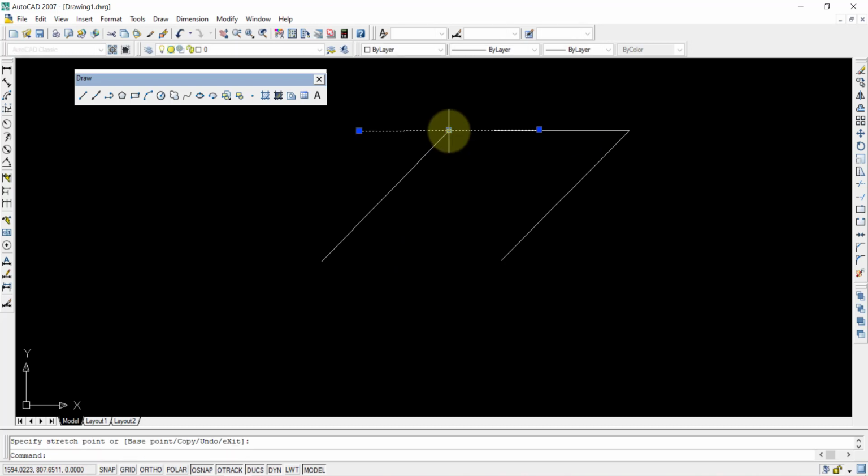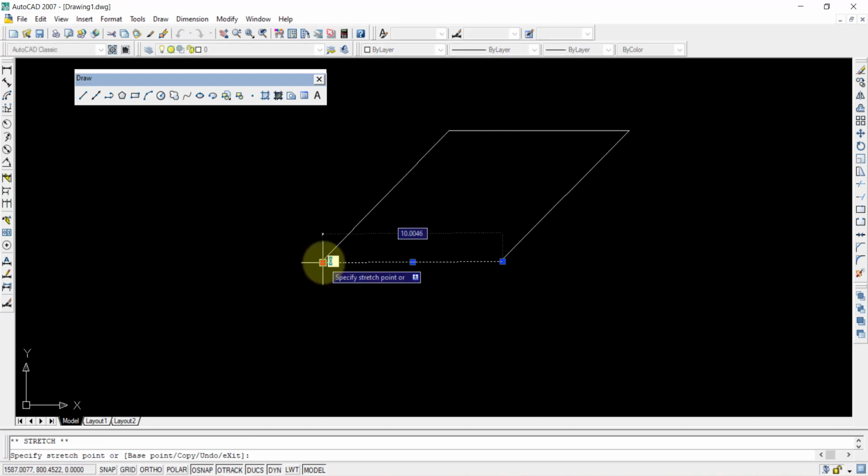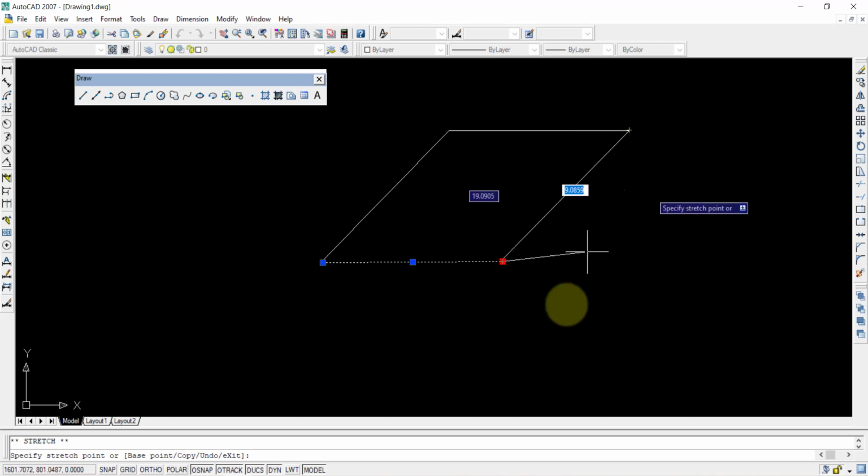Even a midpoint is there, and from there to here I am moving it. In that way I can move the point wherever I want. And whenever I am moving here, there is a square box appearing at that point, and it shows that it is an endpoint. So how do you get those endpoints?